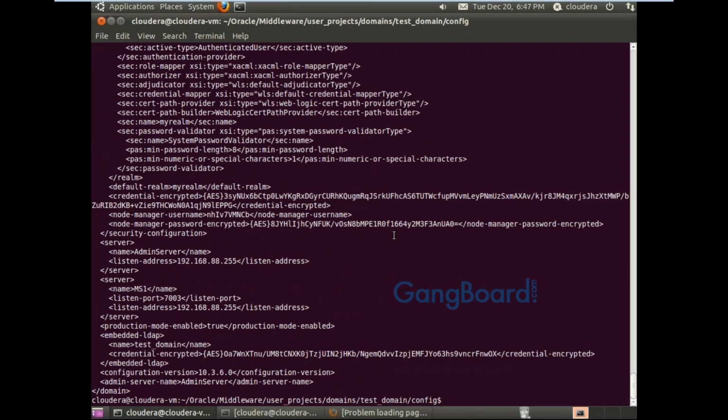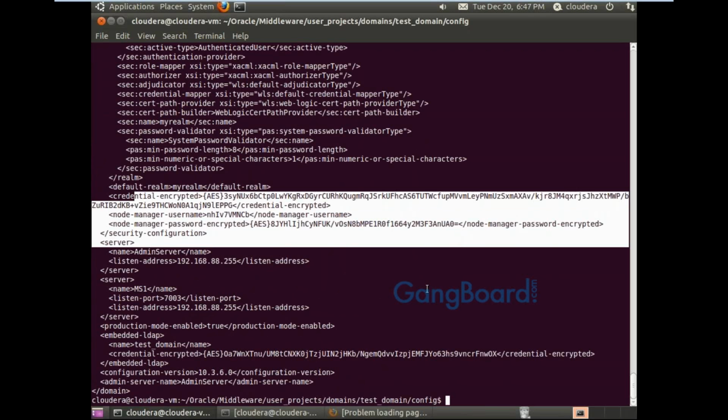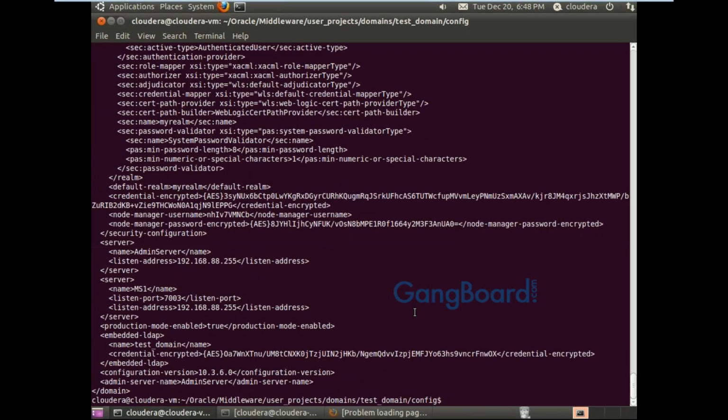Likewise, here you find that this is our admin server, this is the port, this is our managed server, this is the port, this is the IP, and whatever password we have set is here in encrypted form, credential encrypted. Whatever configuration you do further will be captured in the config.xml. This is a very important file.